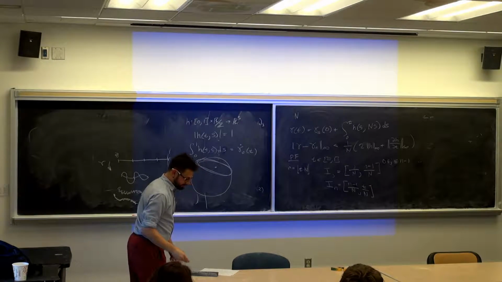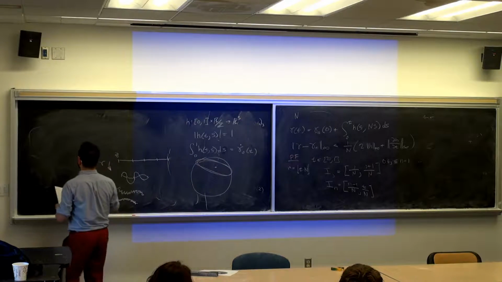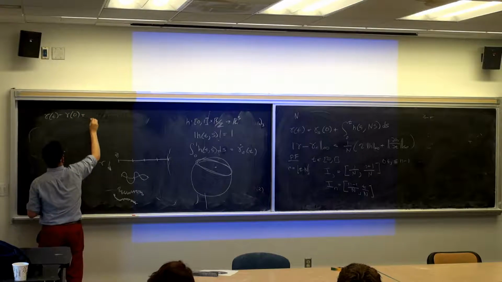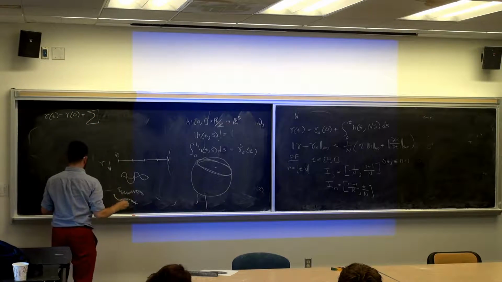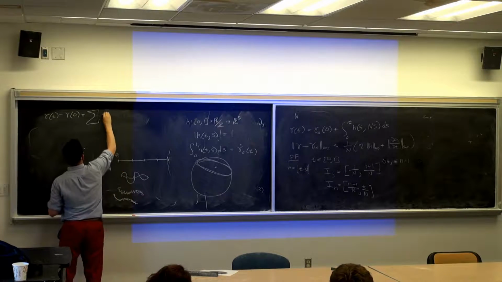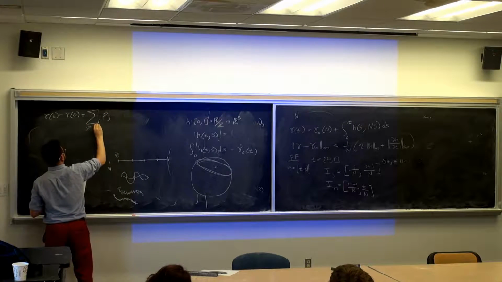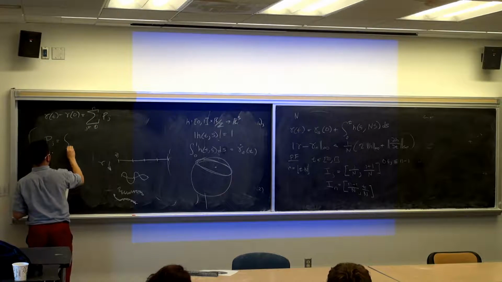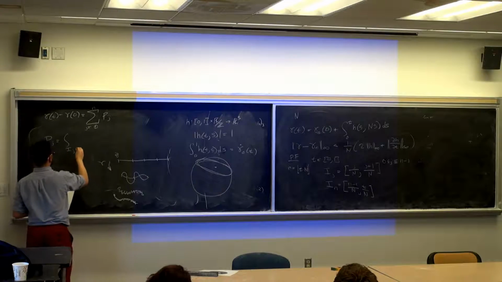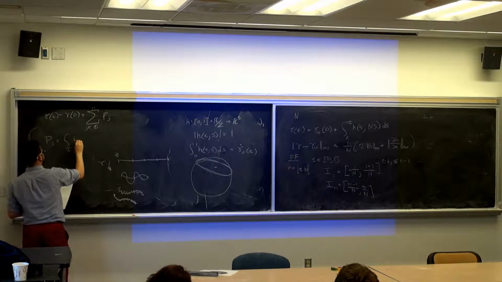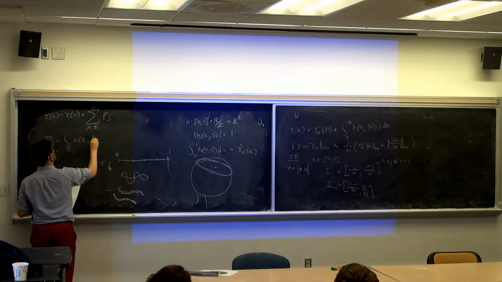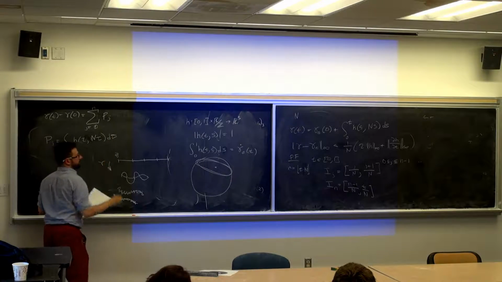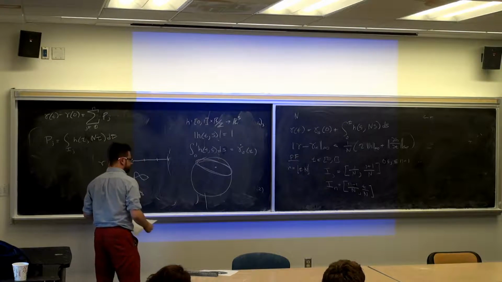And then once we have this, gamma t minus gamma 0 is just the sum of these pj's, where pj is the integral over ij of h of tau n tau d tau by definition, and similarly